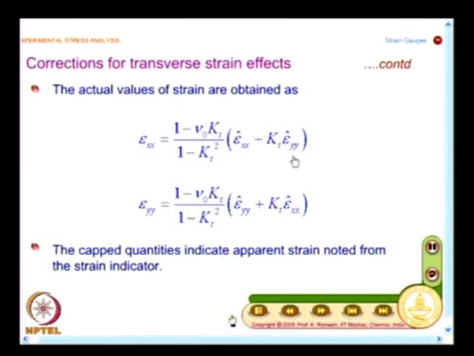Normally, if you are not introduced to strain gauge instrumentation, you will only look at the reading, note it, and say that is the strain measurement. But what we find here is that the transverse sensitivity effect is minimal. For finer measurements, we need to account for it. In such a case, we label what you see on the meter as only apparent strain. You need to correct for that,